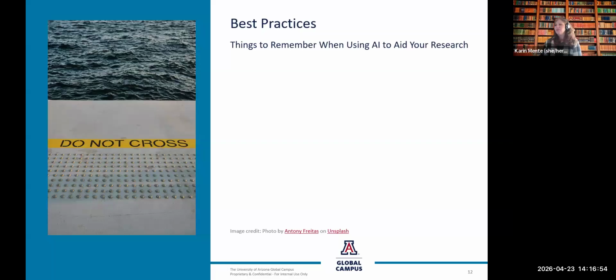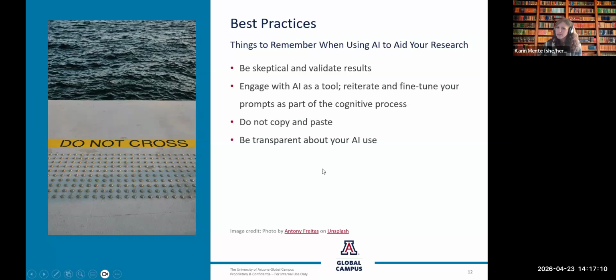So, all of this just to say, if you're going to use AI to support your research and learning, which we will talk about the practical ways you can do that, it's really important to develop a moral compass as you do to help guide you when you're using it. You need to keep things in mind like, always validating everything, always engage with it as a tool, iterate on your own prompts. That will really help your critical thinking process and your cognitive process. So you're not just using it passively.